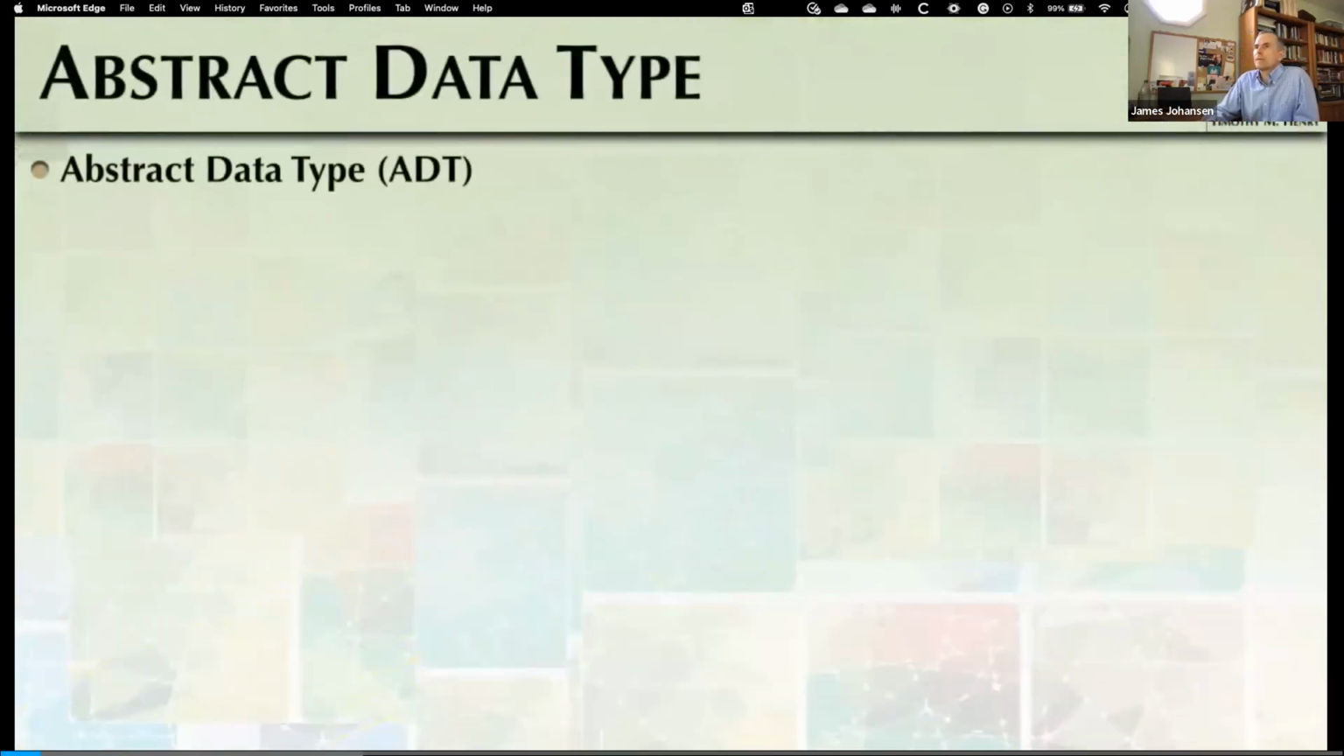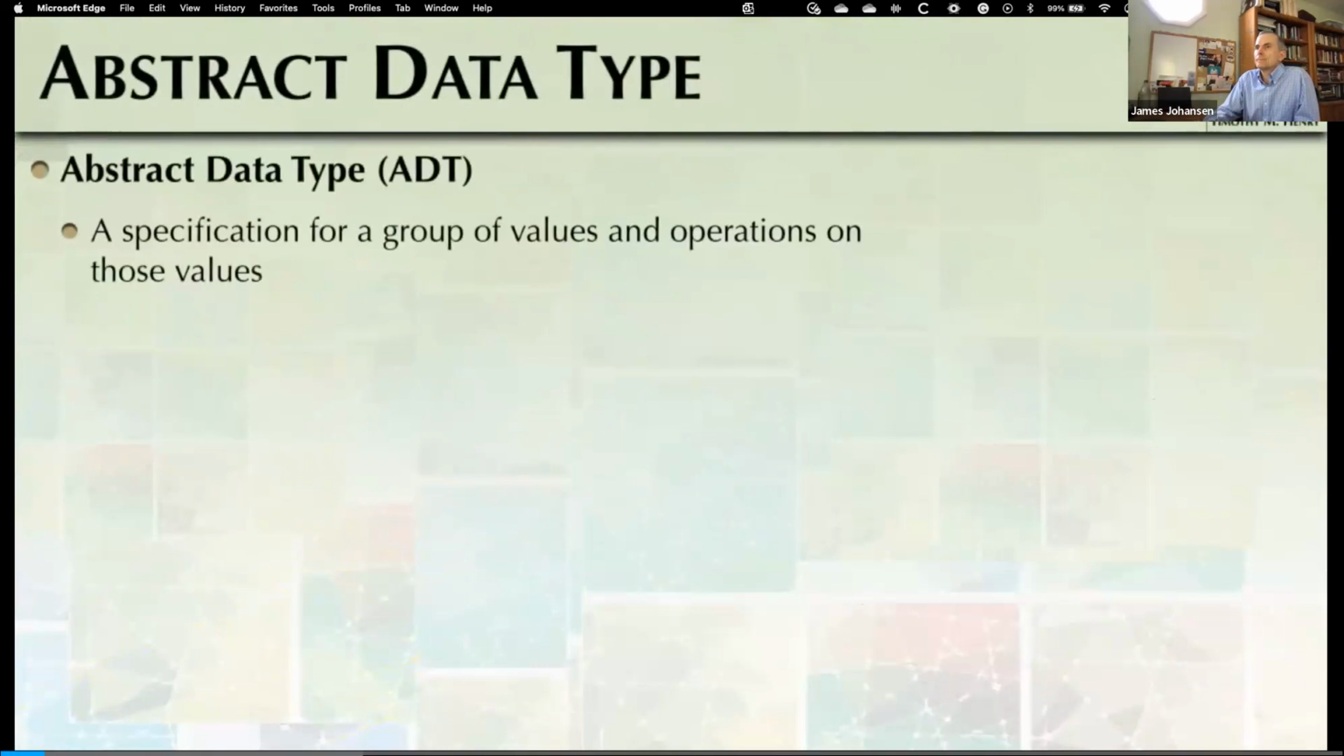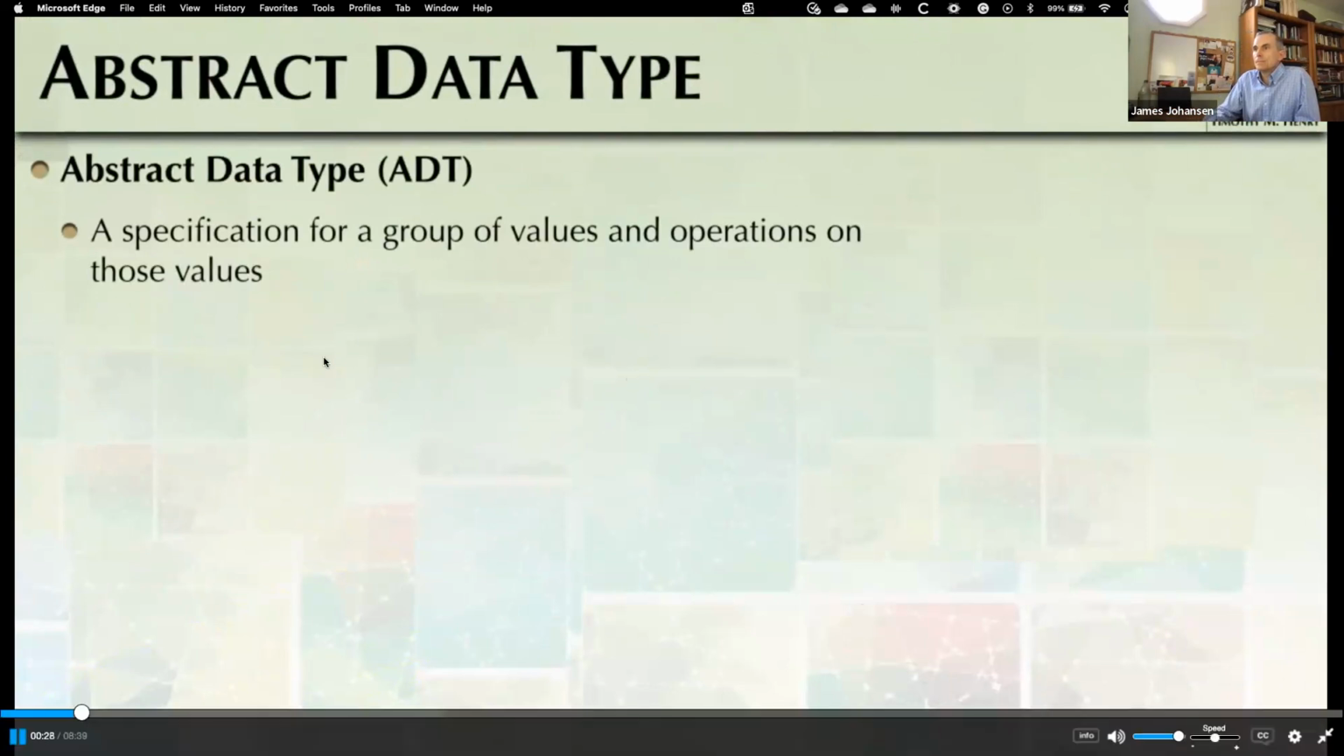This lecture builds on the foundation of the object-oriented programming concepts of encapsulation and data abstraction, and it helps develop the notion of an abstract data type. As you probably know, a data type, such as an integer or double, is a group of values